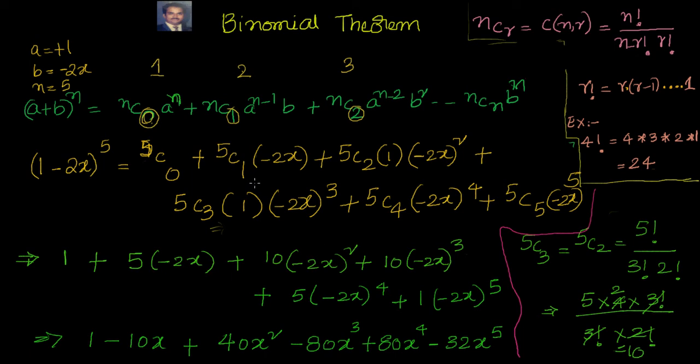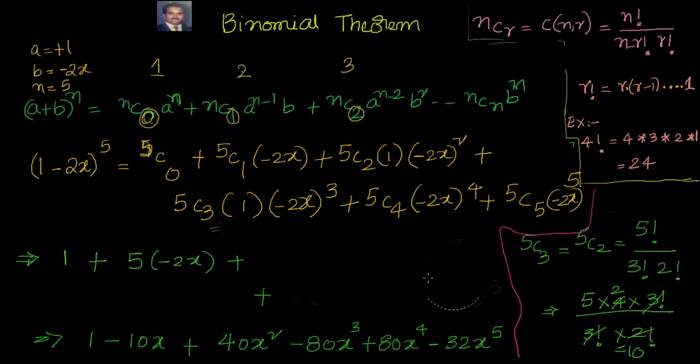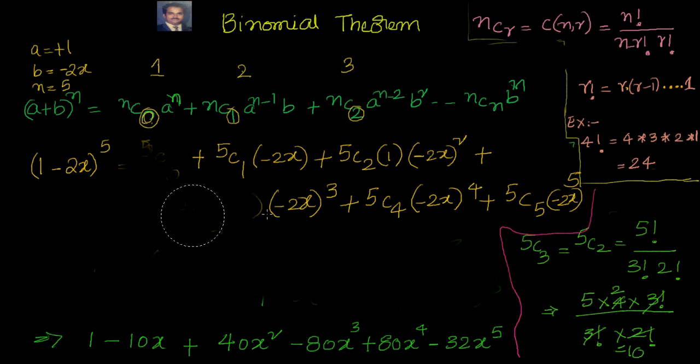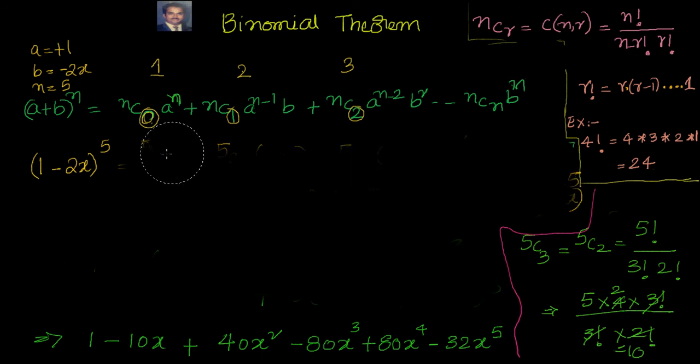Now let us cross check this by using the general term and see whether we are getting it correctly or not. Okay, let's do that. What I will do now is I'll erase this part and take a general term out of this. This is the answer we have in the last thing, right? So I don't want to keep it. This is what we have done, so I'll just keep this 1 minus 2x whole to the power of 5. Now let us use the general term formula and see. Suppose I want to find out this term. What is this term? 1, 2, 3, third term. I'll write very specifically, I want third term only, nothing else I want.